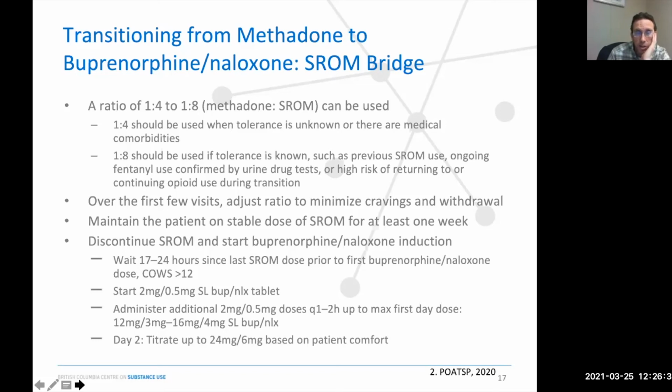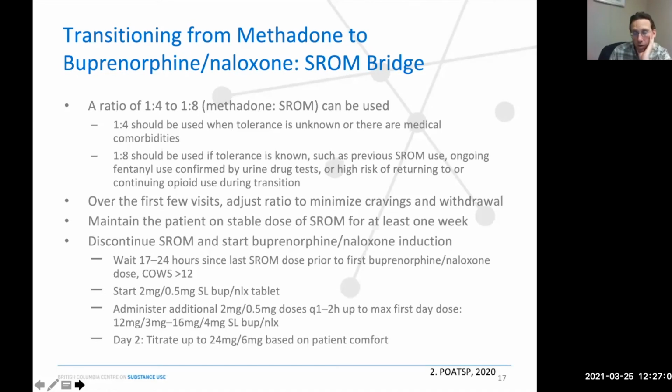And then starting at 2 milligrams, or even if you're unsure if someone's ready to start, it never hurts to just start at a bit lower dose. Give them 0.5 milligrams, a quarter of a 2 milligram tab, give that to them and see how they do. An hour or two later, give them another 0.5 milligrams. If they're fine after a couple doses, 2 or 3 doses of 0.5, then give them 2 milligrams. That's usually the way I'm actually starting these days. If I'm starting all on one day, I'm just starting with the lower dose. There isn't really a rush to give them 2 or 4 milligrams right away.